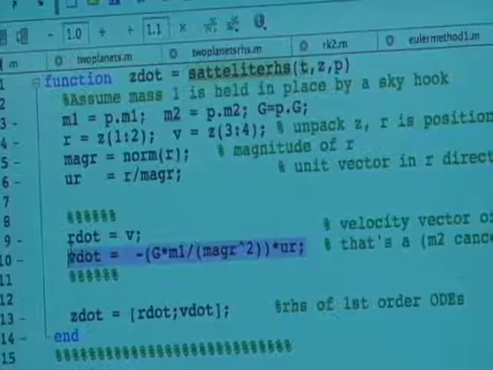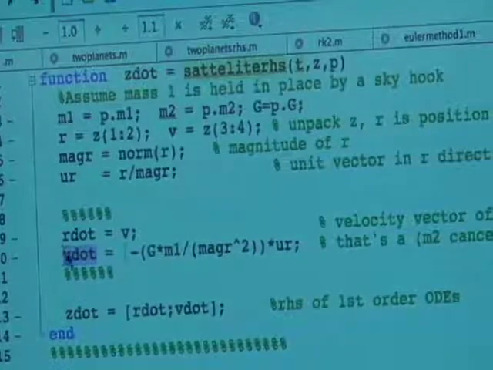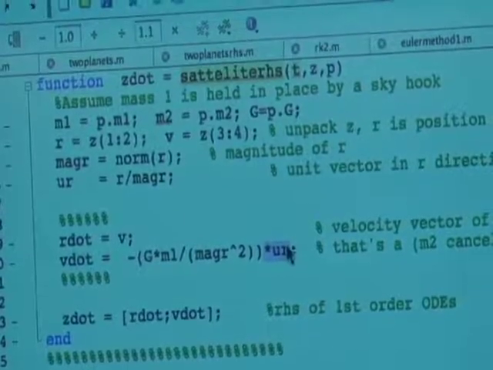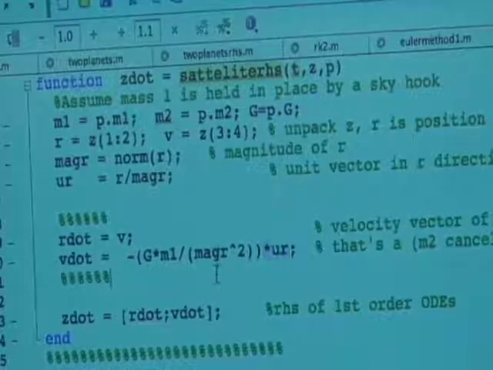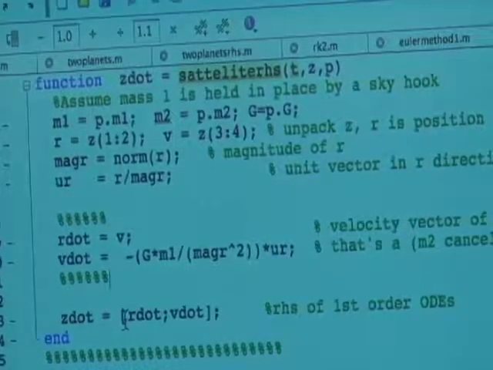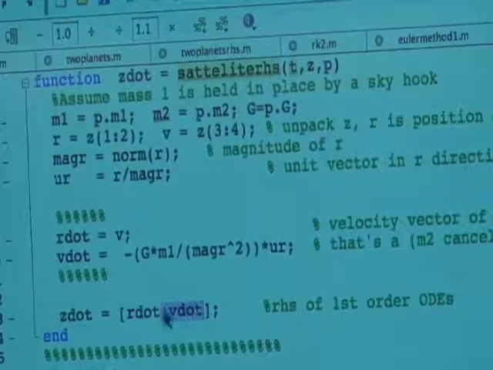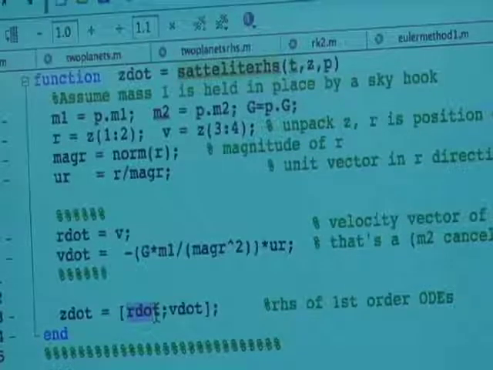And this is 2 equations. It's got 2 components for the rate of change of Vx and Vy. And over here, this unit vector, giving the direction of the force, has 2 components. Then we pack this up into a list of 4 numbers, the first 2 numbers and the second 2 numbers. Okay, that's how you take a vector equation and write it as 4 scalar equations.